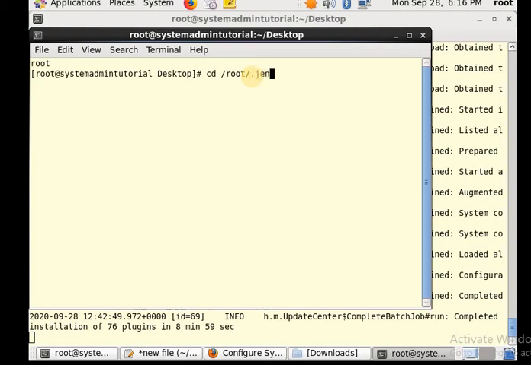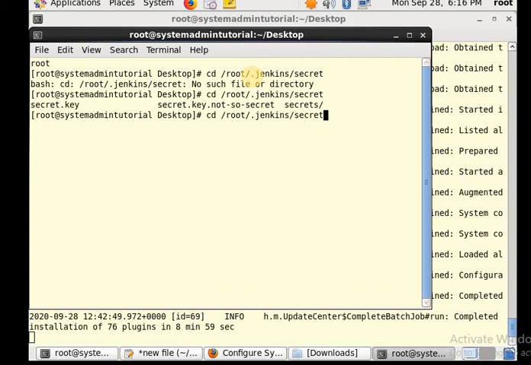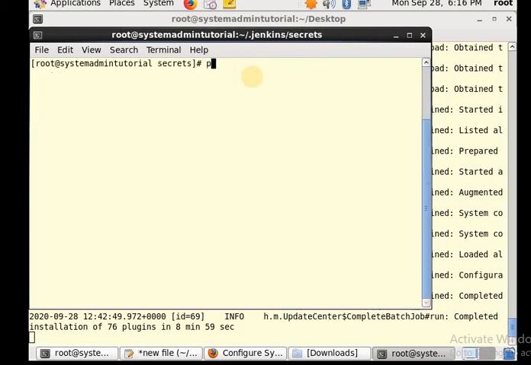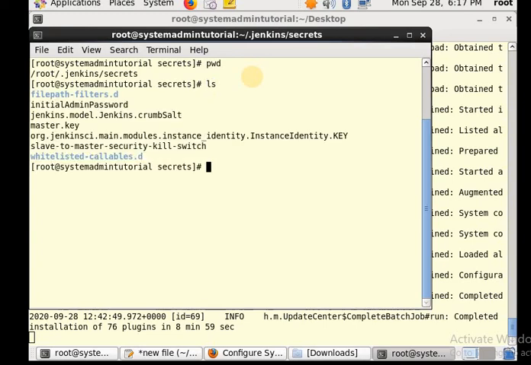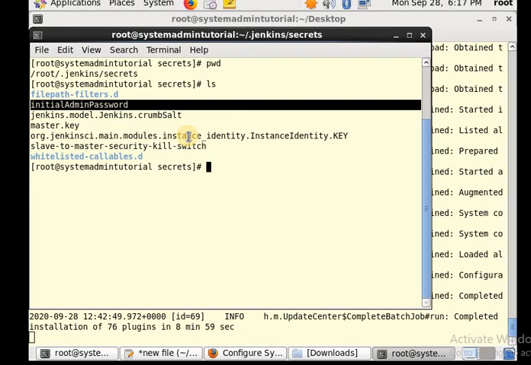The hidden directory is .jenkins, and another directory inside Jenkins is secrets. Now we are at root, .jenkins, secrets, and inside we will find an admin password. You see, the initialAdminPassword file is there, from where we will recover the password for the admin.